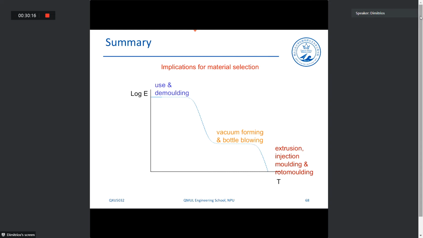And finally, this is the graph that we have seen 1,000 times. So the reason we use this graph at this stage is that for different states of polymer, we use different types of processes. And let's start with the simple ones. Here, for a semi-crystalline polymer, we have the melting point, okay? So these techniques all take place at temperatures higher than the melting point, okay? Also, the other very simple case is here, where we have the glassy state,